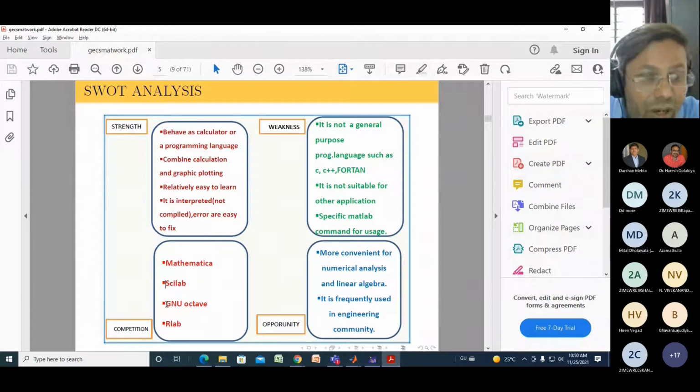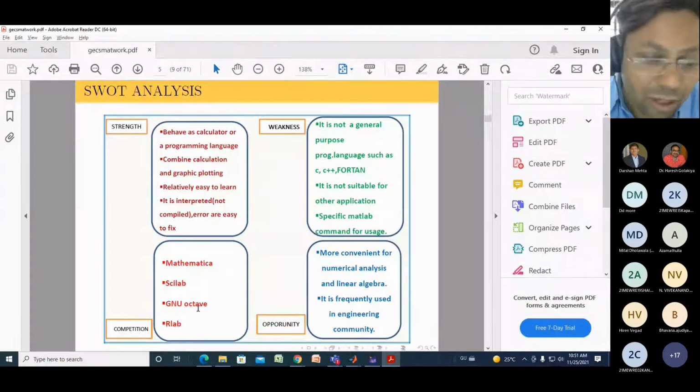Another tool is known as Octave. Just like MATLAB, there are other tools, Octave and RLab. These are also popular tools used for numerical analysis, and most engineers are using Scilab and RLab for any complex calculation or for the graphing facility.